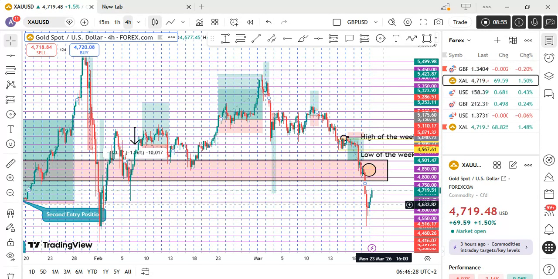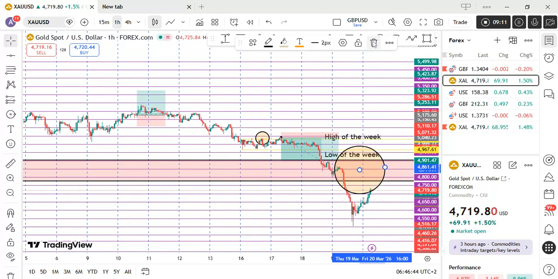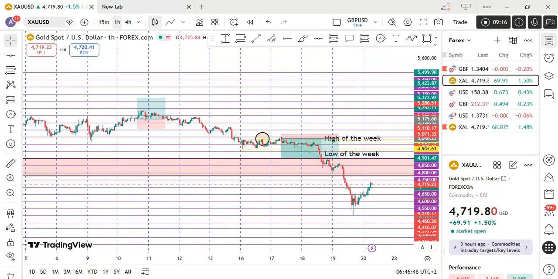So if I'm to execute this trade on the lower time frame, because this is my 4 hour time frame, we're going to fall down to the intermediate, being the 1 hour time frame. So from the 1 hour time frame, you can clearly see it's making sense. To me, I definitely understand what market structure is all about. So you can clearly see from the 1 hour time frame, what are we waiting for? We're waiting to see price pull back to this level, at least pull back to this level where we have resistance.